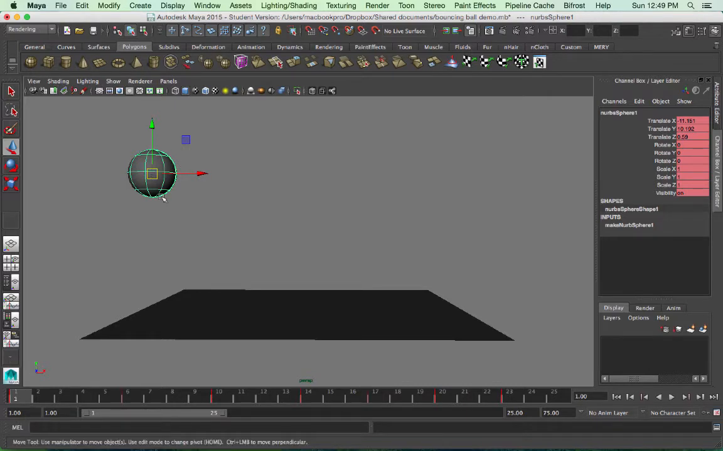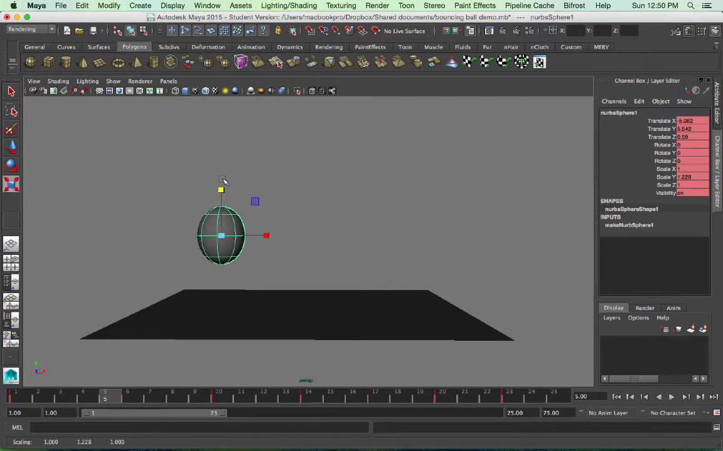So at frame 1, I don't do anything. At frame 5, just before the ball hits the ground, I'm going to do a couple things. 1, increase the length of this ball. 2, I'm going to rotate it so that it looks like it's stretching in the direction that it is traveling in. And 3,